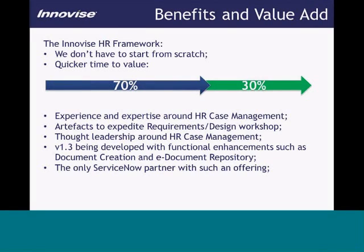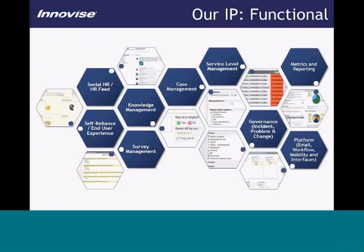So really, just to summarize the IP, the actual framework that we provide to existing ServiceNow customers or potential new customers for the ServiceNow platform around HR case management. Like I said, we've mentioned before, you have that social HR and HR feed if you want to get into that kind of social media space and allow different ways for your employees to access HR services. We also focus on the self-reliance and that end user experience in regards to providing that HR service